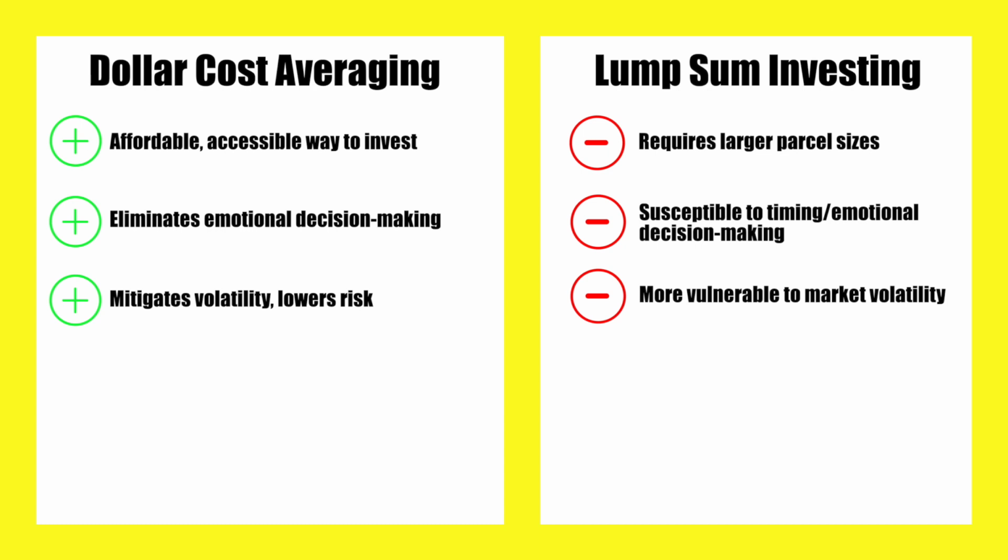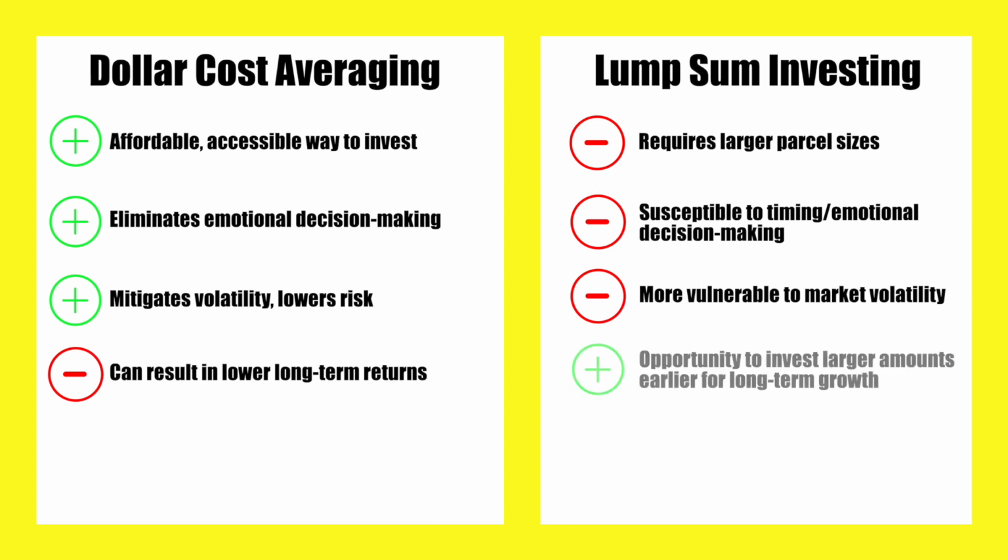One of the disadvantages of a DCA strategy is that it can result in lower returns over the long term compared to lump sum investing, despite the lower level of risk. This is partly due to the fact that lump sum investing allows you to get a larger amount of money into the market quicker, rather than averaging it out over time. As we've explained earlier though, this is not always the case.